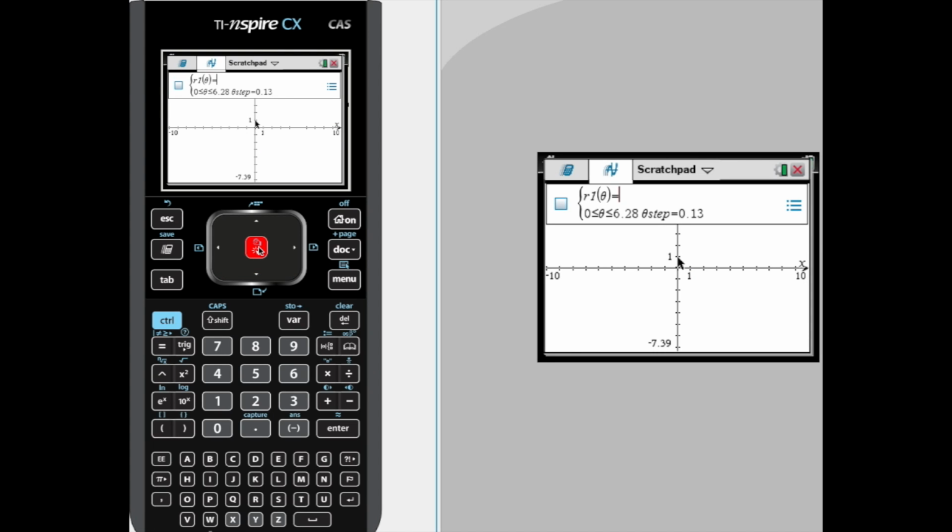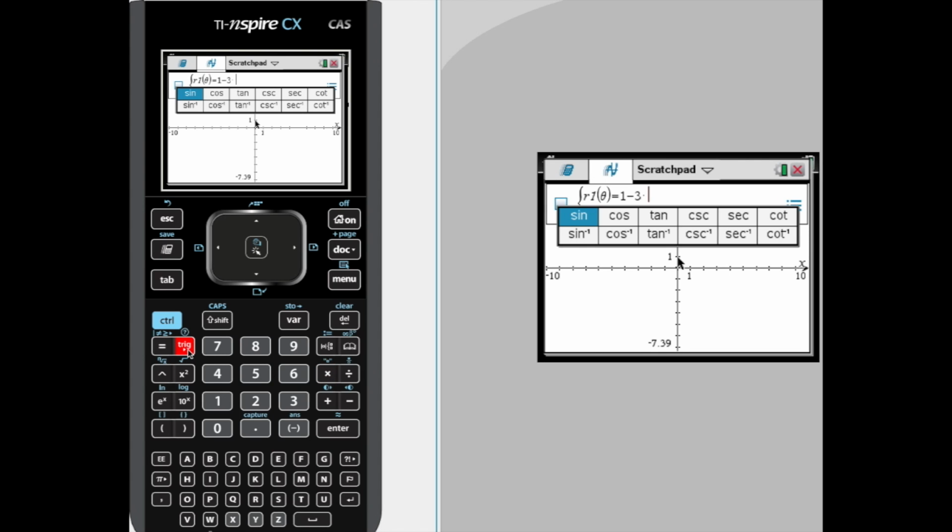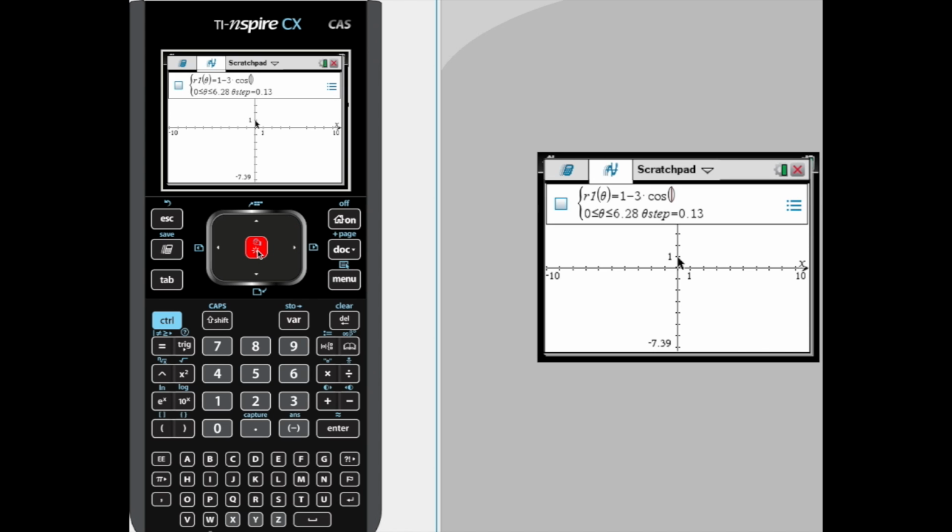So we're going to be graphing in this a limaçon with an inner loop, and that equation is going to be 1 minus 3 times. And sometimes you can get away with not hitting that times button and just let it be assumed to be multiplication, but other times the calculator doesn't like that. So 1 minus 3 cosine of theta. Where you're going to go for theta, one place is to come down here where the pi symbol is, open up that window, arrow over to theta, select it, and of course, that is what we want to graph, 1 minus 3 cosine of theta.